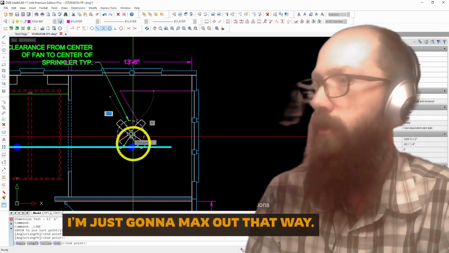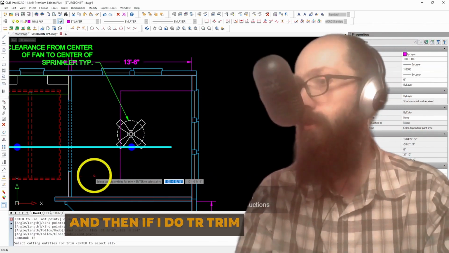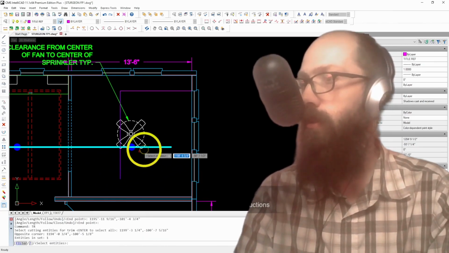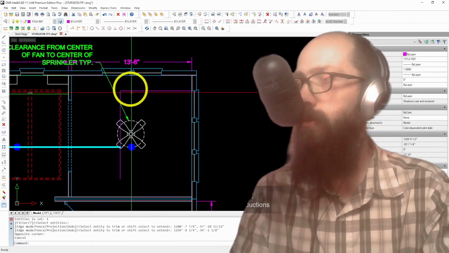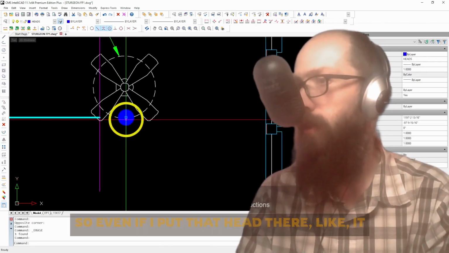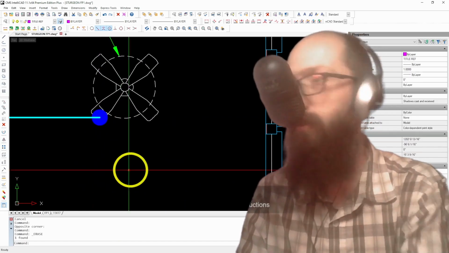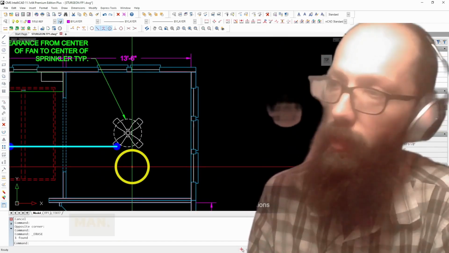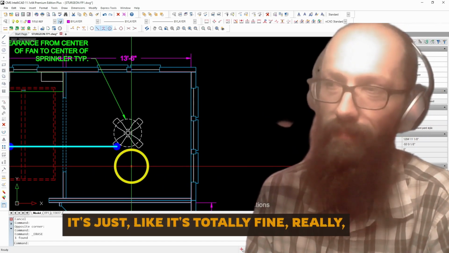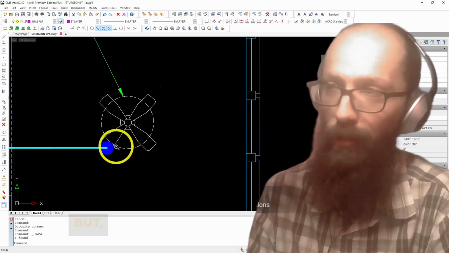I'm just gonna max out that way, and then if I do trim, so even if I put that head there, it would technically be legal, but it's totally fine really, because the head's oversized, but